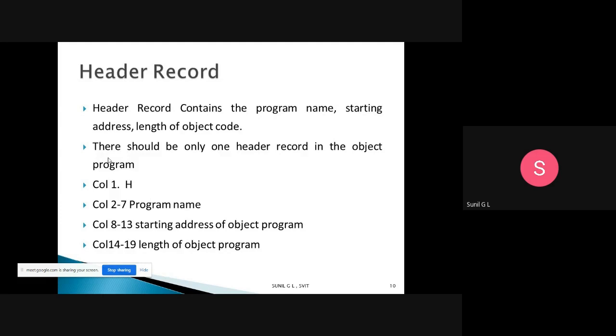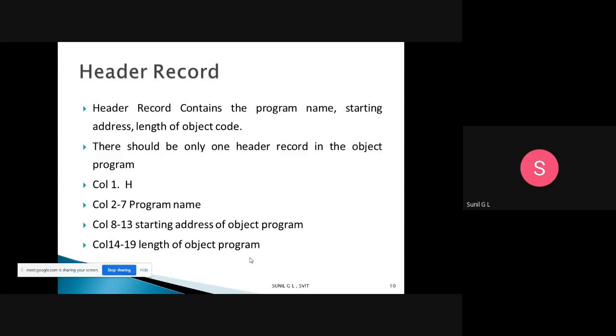In columns 2 to 7 it contains the program name, it may be t.asm, a.asm, x.asm. Columns 8 to 13 contain the starting address of the object program, and columns 14 to 19 contain the length of the object program.